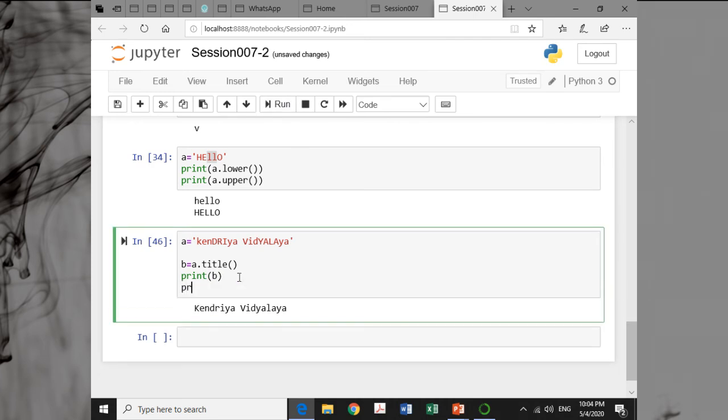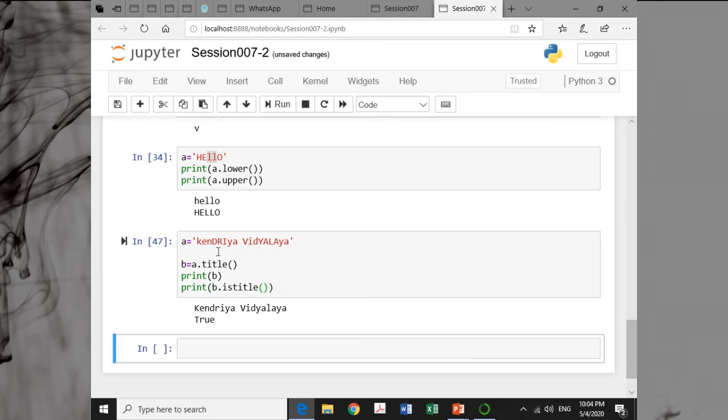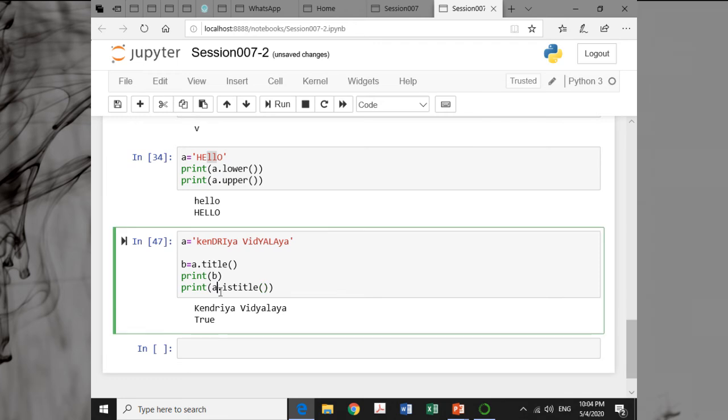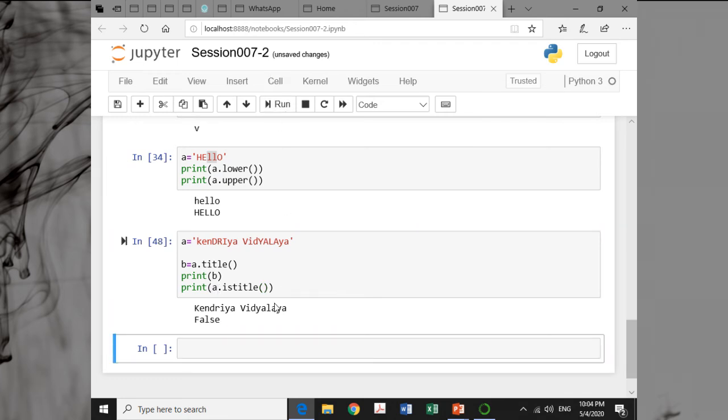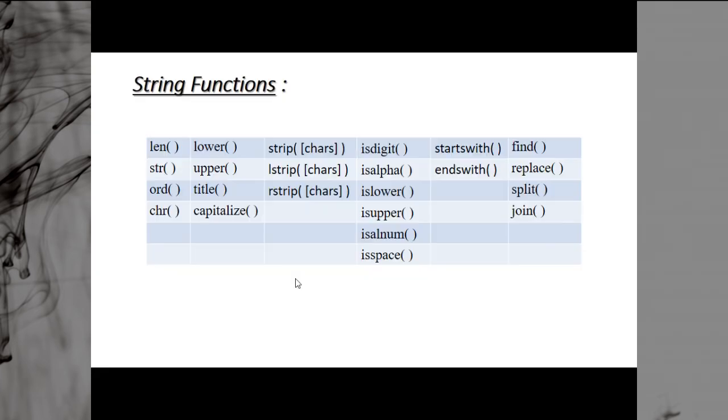Now if I write here print b dot is title, it is true, it is in title case. But if at the same time we say a dot is title, it is false, a is not in title case. So this is how you can use these functions, is digit, is alpha, is lower, is upper, is alnum, is space, and so on.